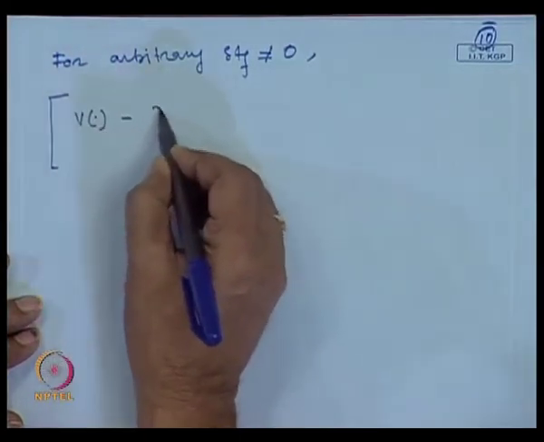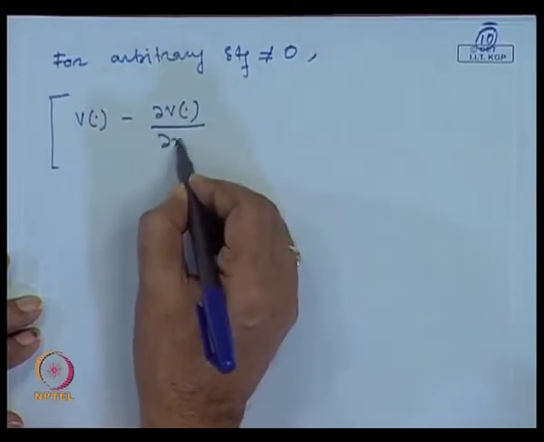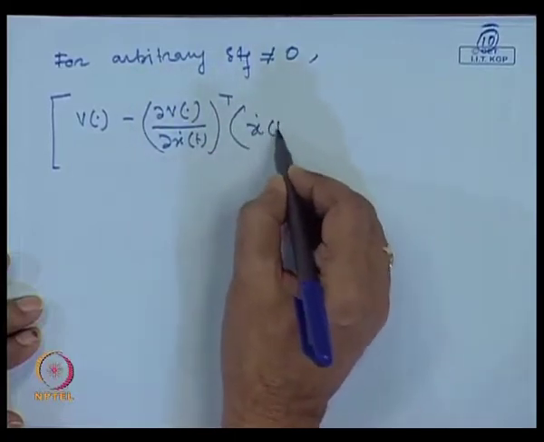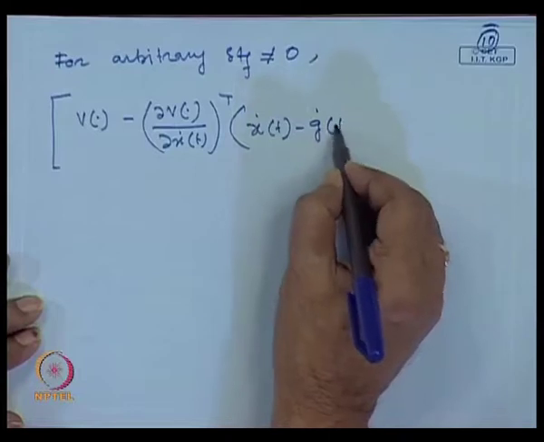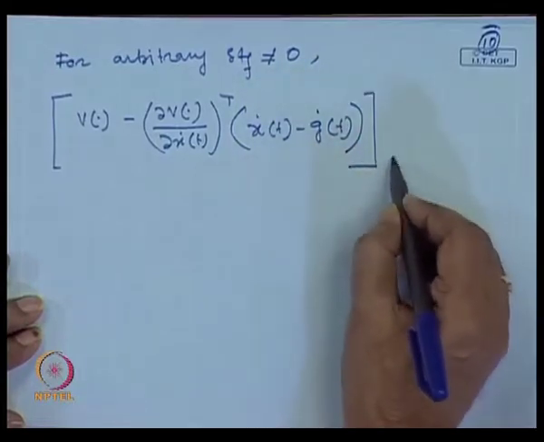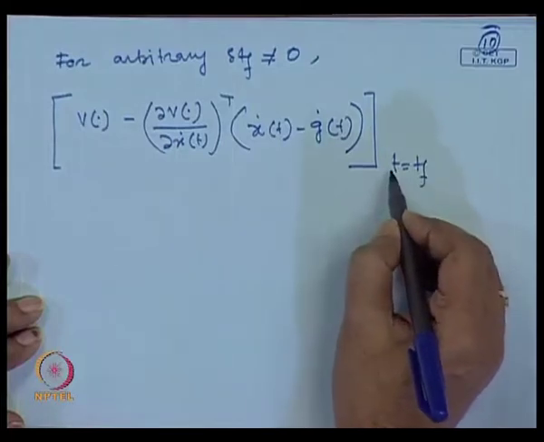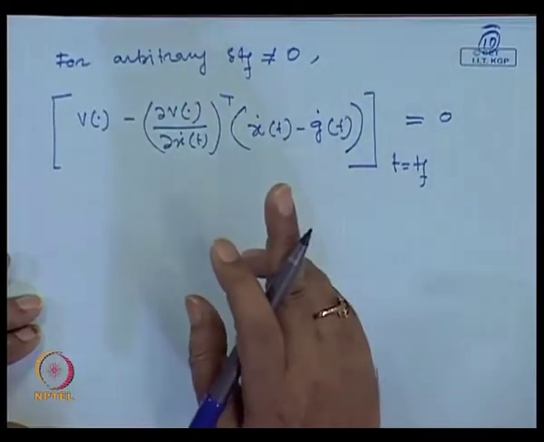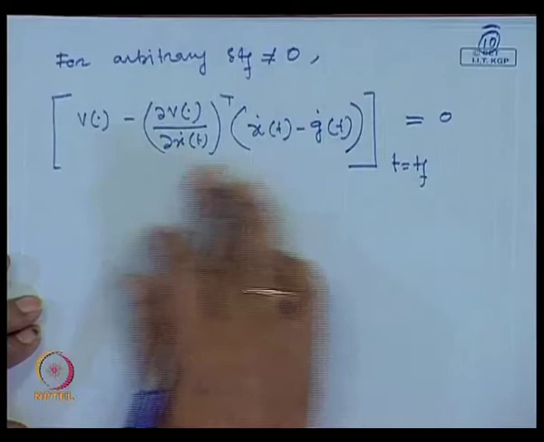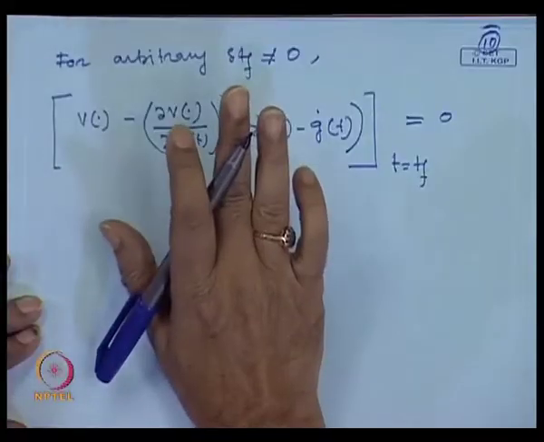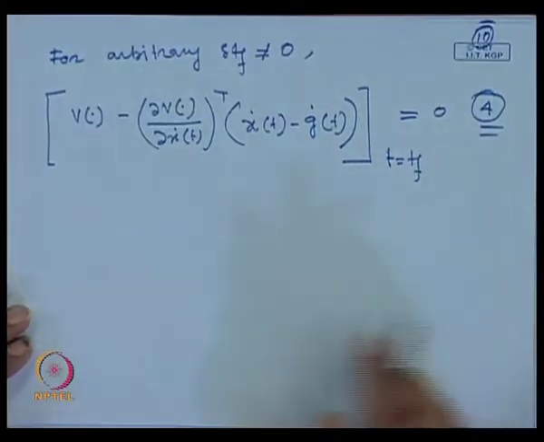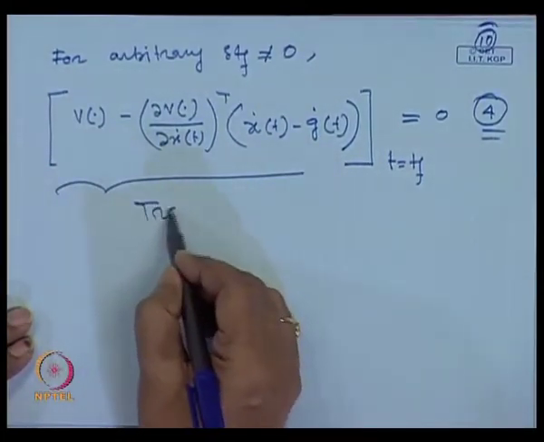del V dot del x dot of T, whole transpose, x dot of T minus g dot of T, this whole at T is equal to T f. You can put a star, because it is a boundary condition. You have to solve Euler's equation, equation number 1 as we mentioned here, and this equation. When the end is free and restricted on a curve, equations number 1 and 4 you have to solve. This is equation number 4. So, this is also called the transversality condition,